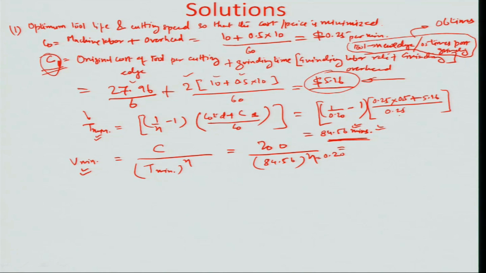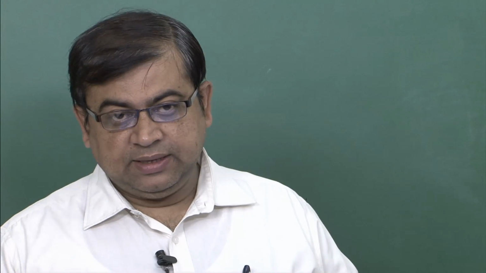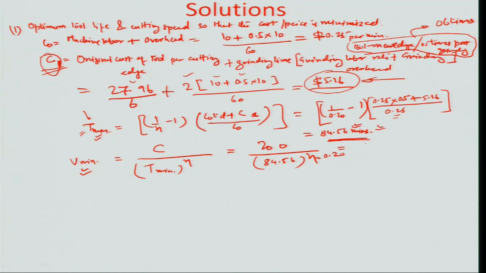Remember, why we are converting everything into minutes is because the tool life equation also needs the time to be in minutes as per the empirical derivation which had been earlier proposed by Taylor. So therefore, we have to convert from hours to minutes, to maintain the consistency in the tool life equation. So here the V minimum then would come out to be equal to 82.337 meter per minute,